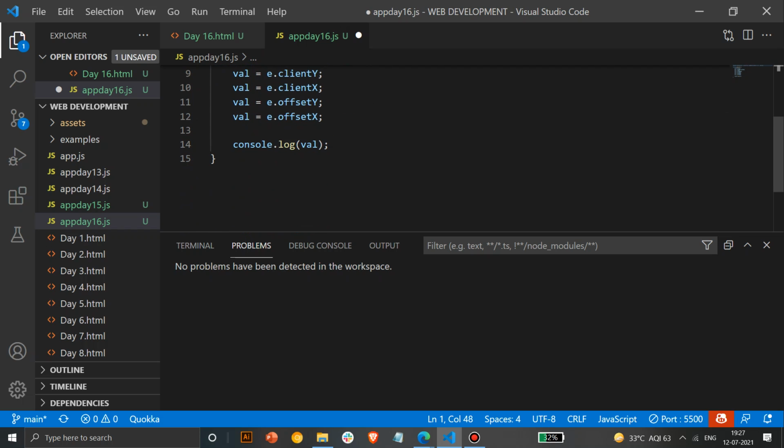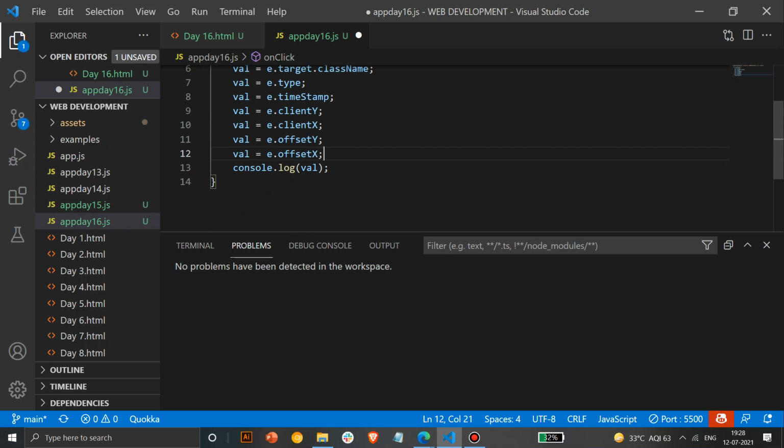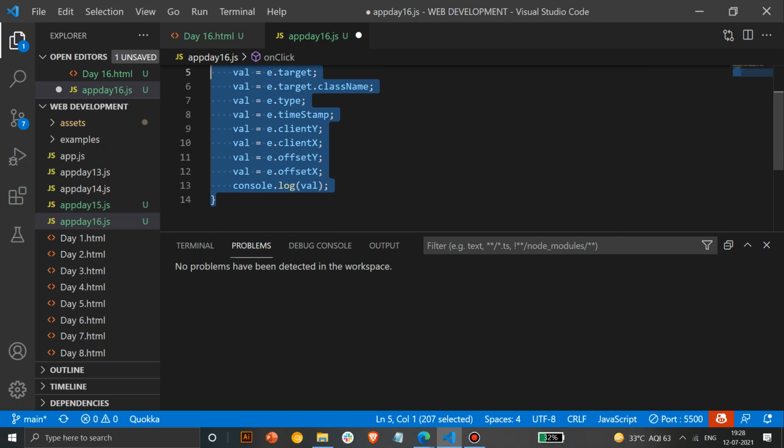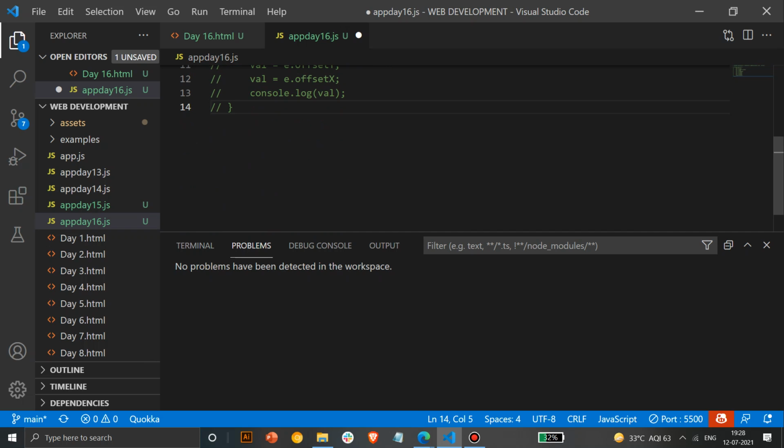Okay, so what we'll do is try different events now, and print certain values with them. I'll comment this out, and we can start doing certain commands. We have studied two types of events now, click and mouse over. There are more than 13 or 14 events. You can check all of them out, but here we'll take only some of them.